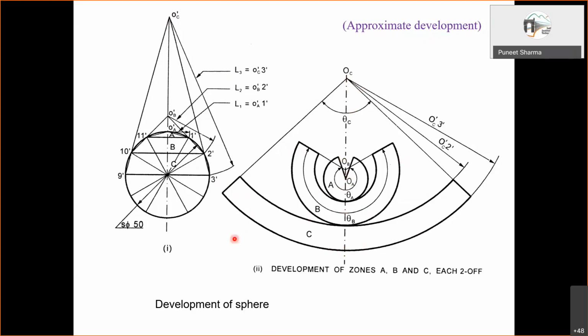But again, you probably wanted to consider that since this will be a true length, this distance we'll have to bring over here and then measure. Like that we'll have to do. That we'll have to do. Okay. Thank you, sir. Okay. Sir, how will we find O dash A, O dash B dash?